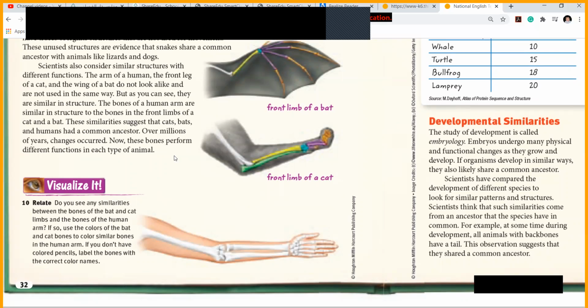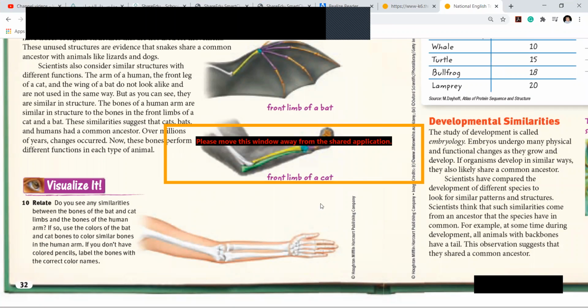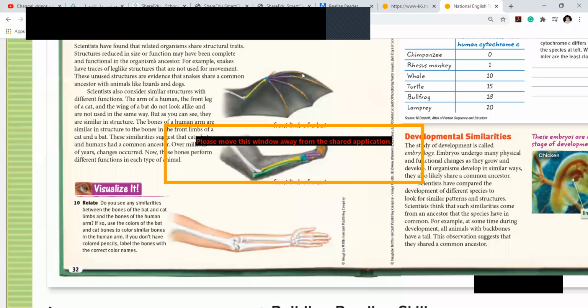Wait a minute, the battery is gone. Okay, now. So,